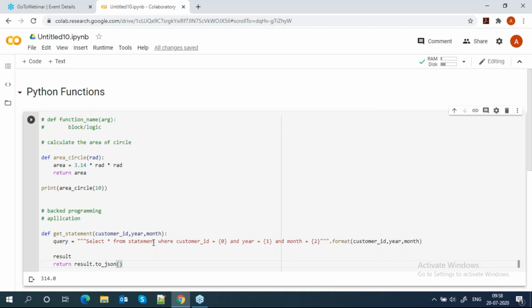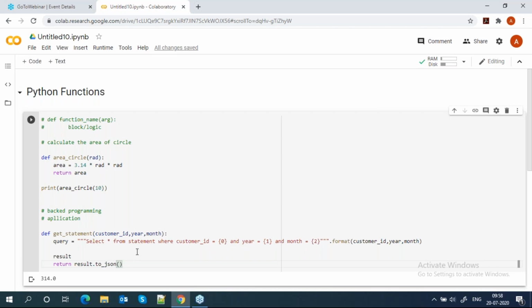How do we connect a table? That will be covered. For the database connection we use SQLAlchemy, an ORM, Object Relational Mapper, which we will learn in SQLAlchemy. Let me complete functions, then the OOPs part and exception handling, then we go for database connection. I will tell you how to connect to your database.